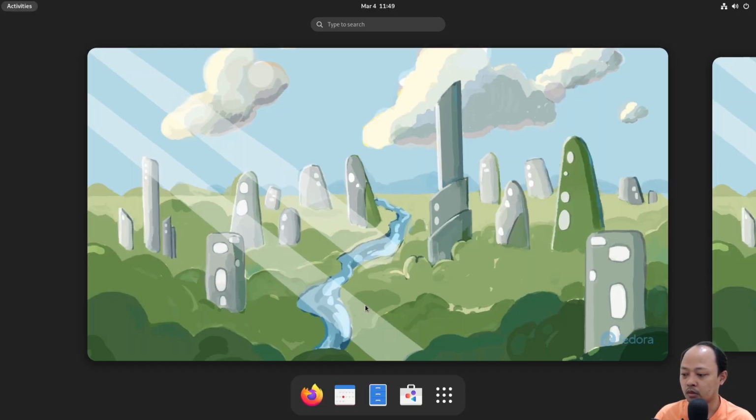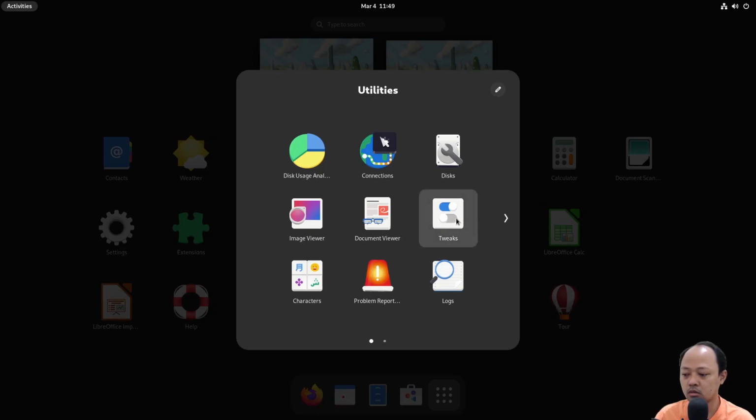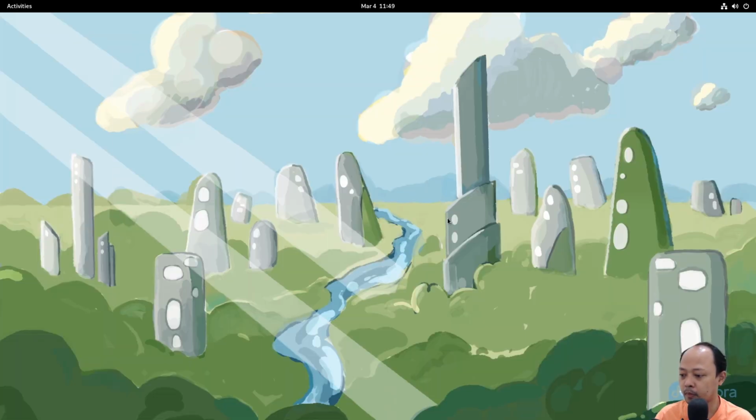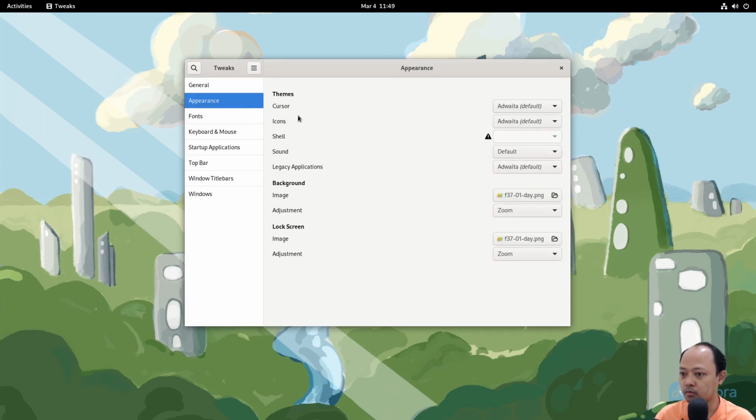After logging in to the other user, let's go to GNOME Tweaks and see the list of the shell themes.